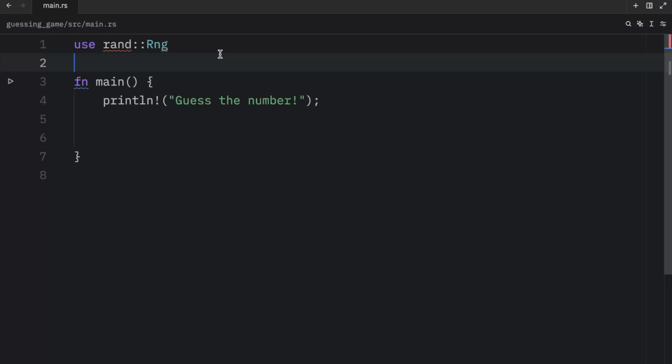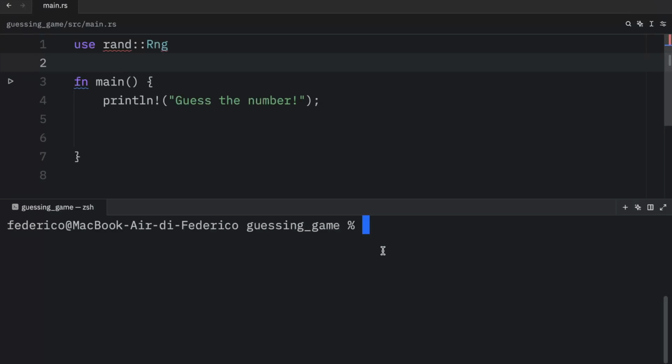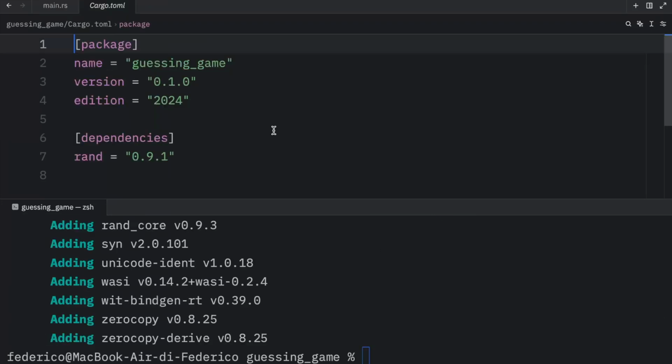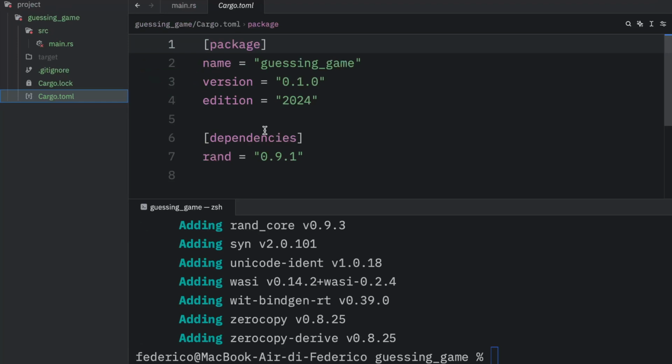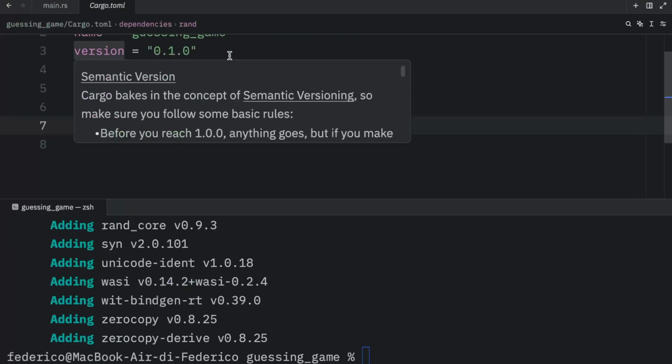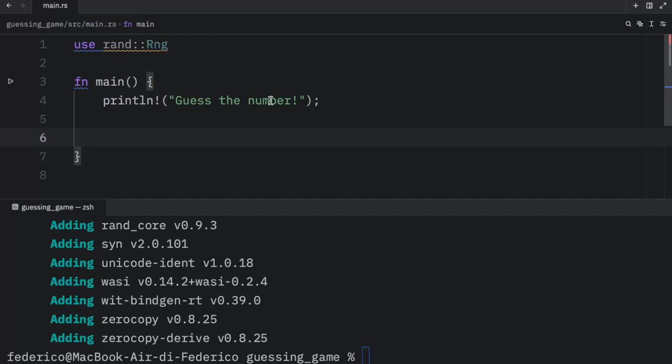So to use this, we're going to have to open up the terminal and use the command cargo add rand, and that's going to add it to our project. And one thing I want to mention is that if you were to open up the sidebar and go to your cargo.toml file, you'll see that in the dependencies we're going to have that package or that crate. But let's go back to main.rs and continue coding here,